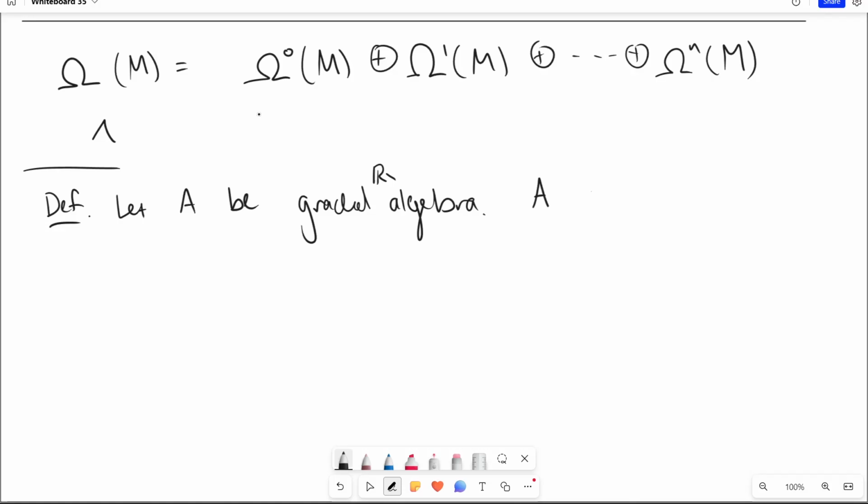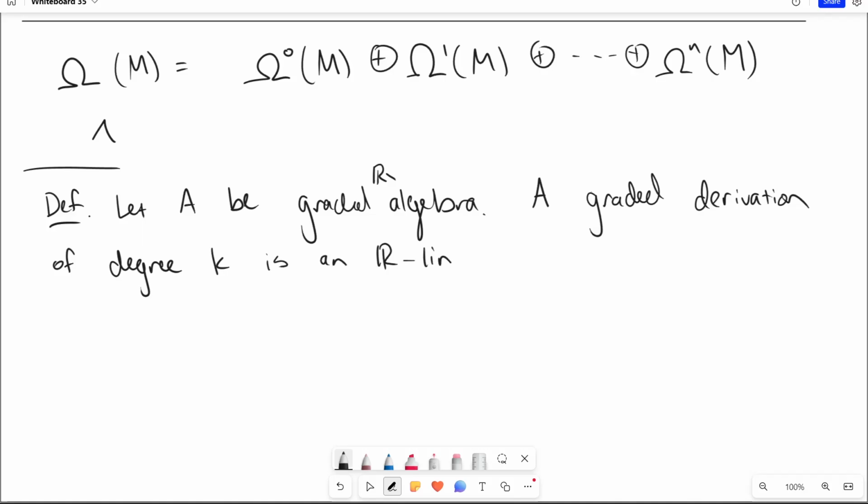A derivation, a graded derivation, sorry. Sorry, I should say a graded derivation of degree k is an R linear map such that,